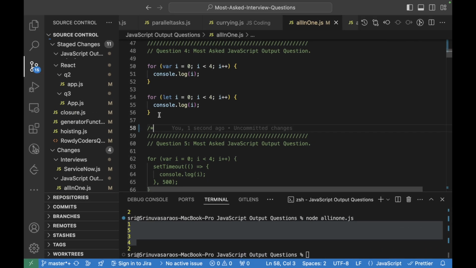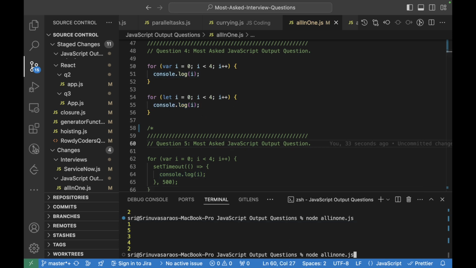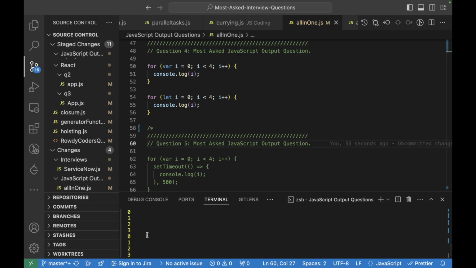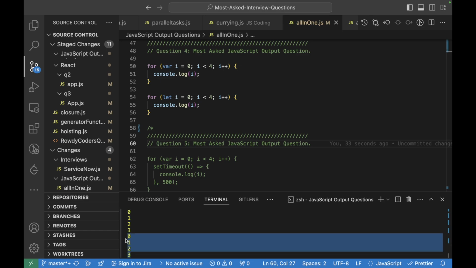This is a straightforward question. If you see, here a for loop is there and a console log is there within this for loop, so for every iteration this particular console will be logged. So this will give 0 1 2 3, and similarly this is a for loop, and for every iteration this console will be logged like 0 1 2 3. Let me run it and show the output for you. Here 0 1 2 3 and 0 1 2 3 are being logged.